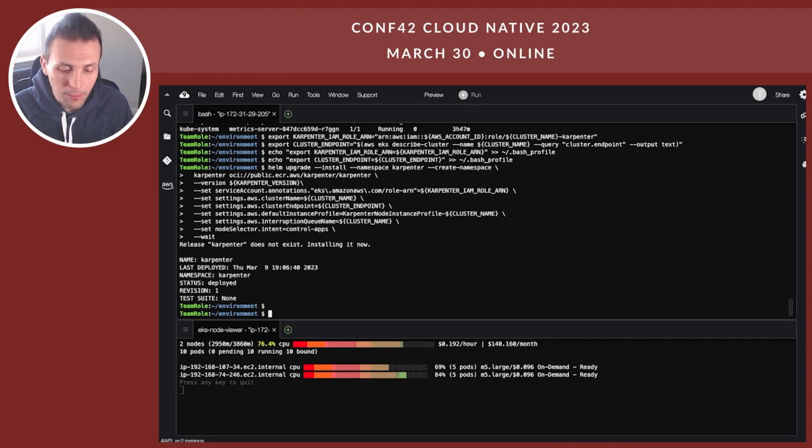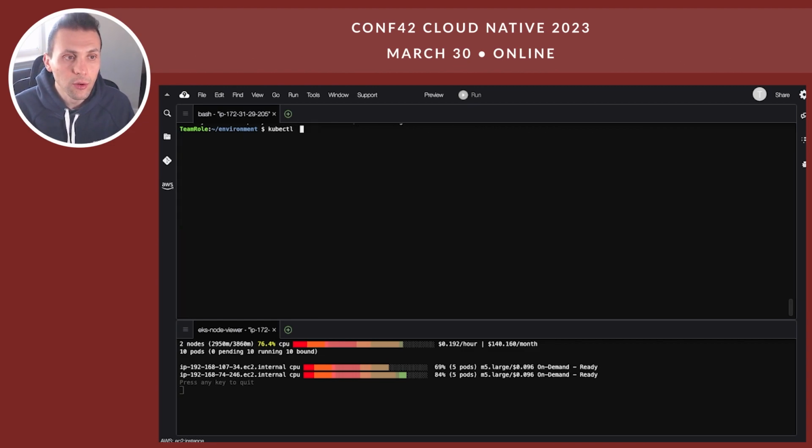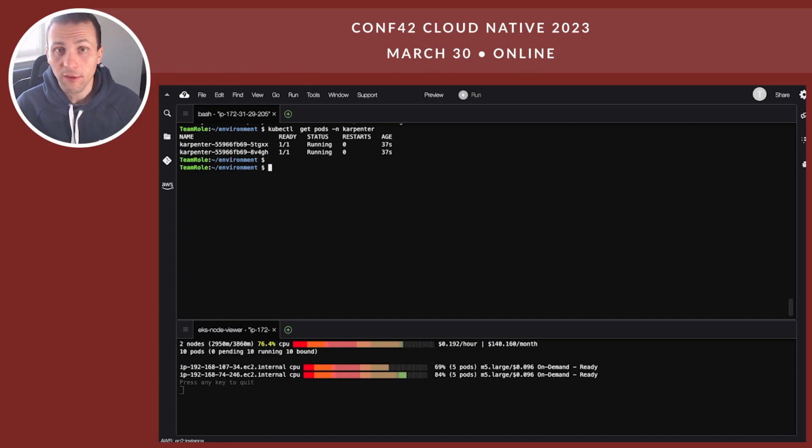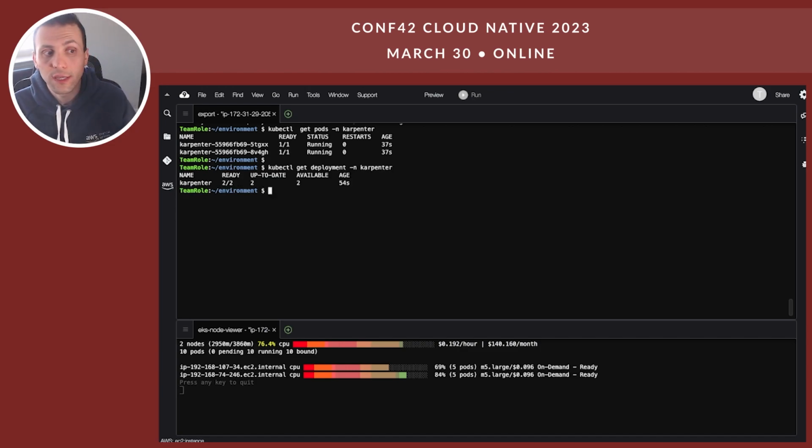So I have deployed Karpenter, and now let's look at the pods that Karpenter has. Karpenter is deployed within a specific namespace called karpenter. If I look at the pods, I can see that I have 2. Karpenter doesn't work as a daemon set. Karpenter is just a deployment. And if you look here, kubectl get deployment on the karpenter namespace, you're actually going to see that it's just